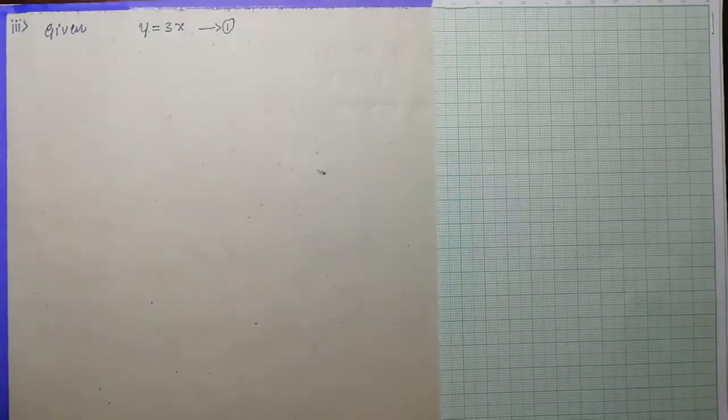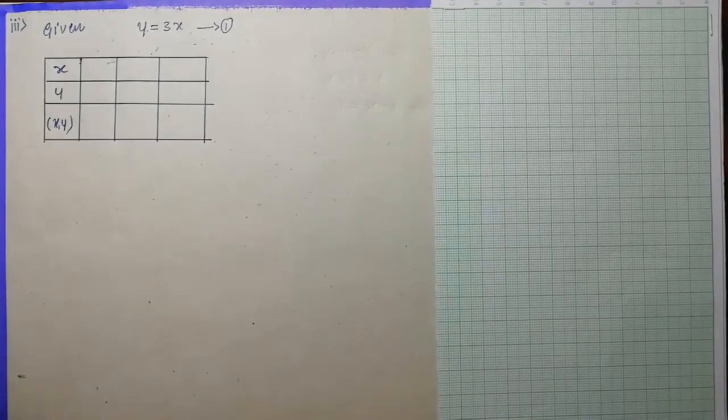Now I will move on to the third one. It is given like this: y is equal to 3x. Here there is no need to reduce this one, because this is already given like this, y is equal to something. So that's why I'm not going to rewrite the given equation. I'm going to choose this one as equation 1 itself, and then immediately draw the graph of this one. Before that, you have to identify some points. So now let us write some solutions.